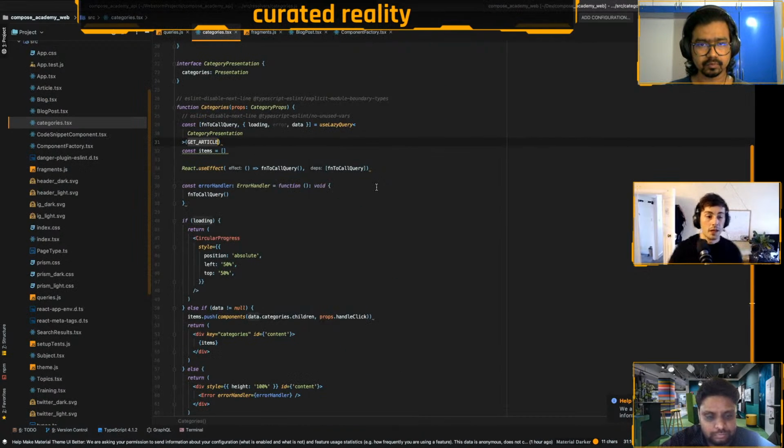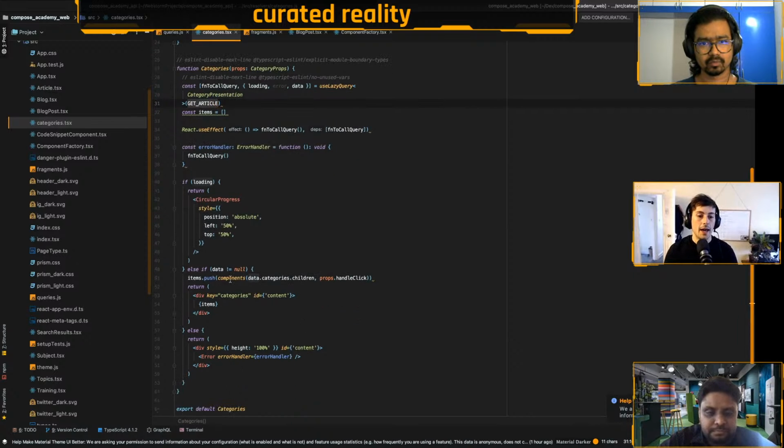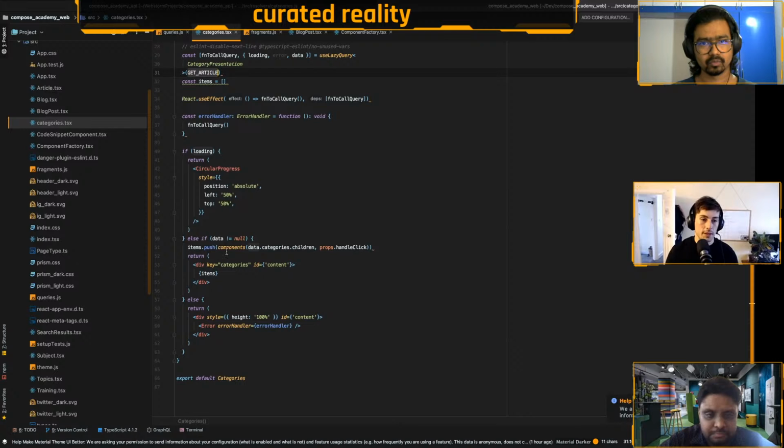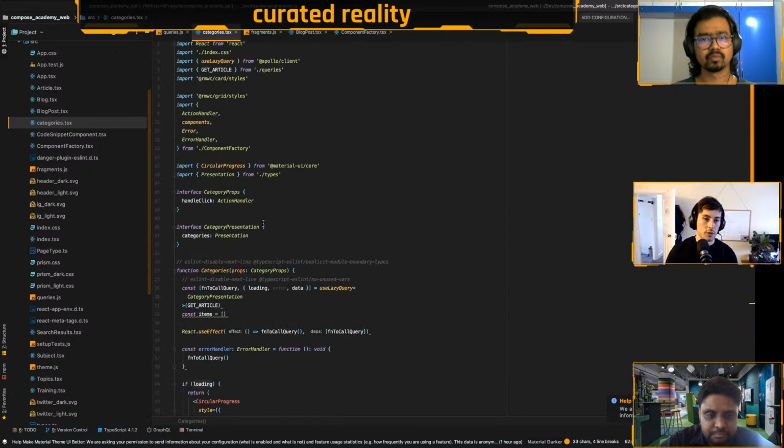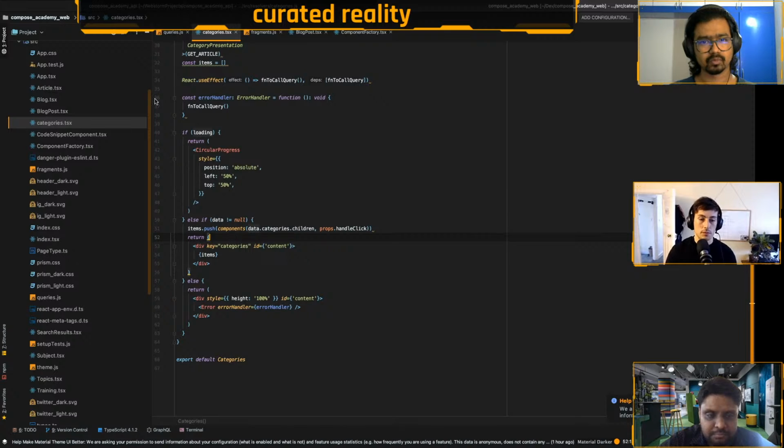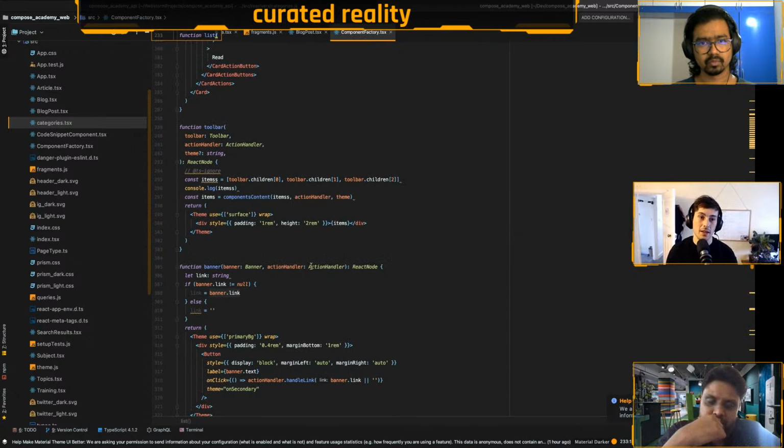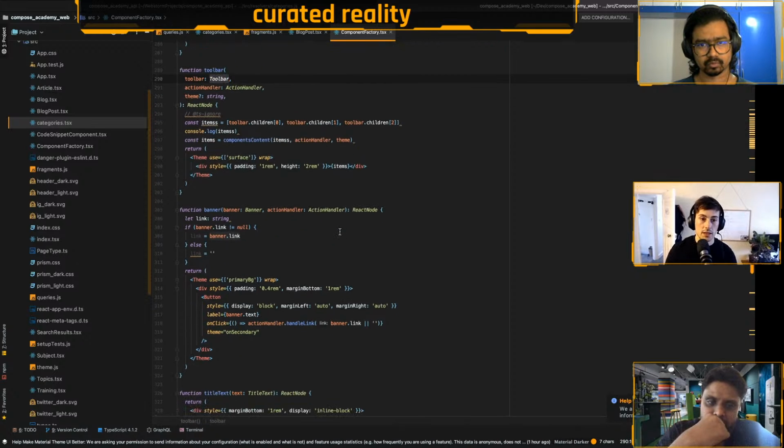That will be mapped to TypeScript types, so we have a strongly typed set of each of those components. And then when we have that data, as you can see, there's not really much going on in this component. We get the data and we just handle it. And it's the same for a lot of the screens. So when we have that data, we pass all of those types to what we call a component factory. Each of the clients has one of these, and this is basically a collection of functions which takes the TypeScript type and renders the component based on that.